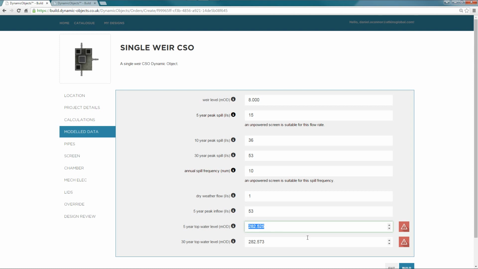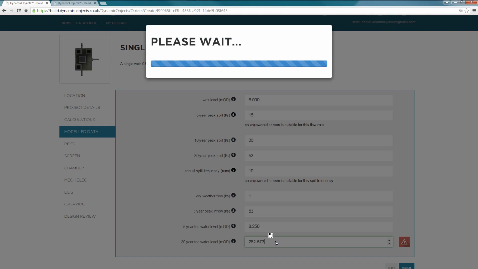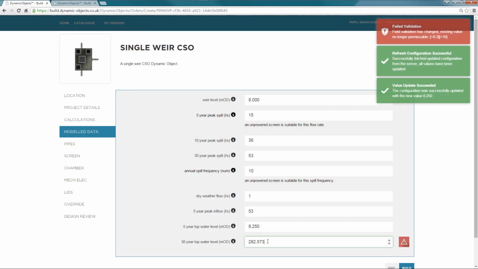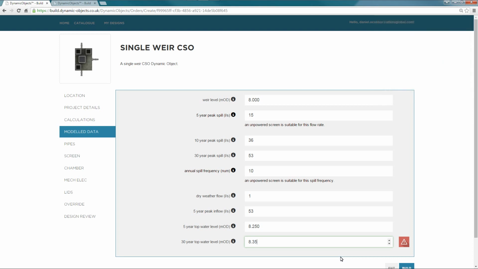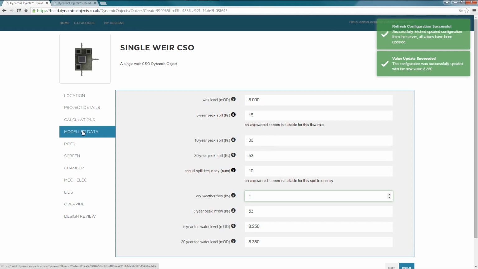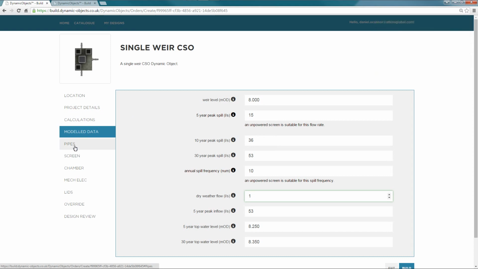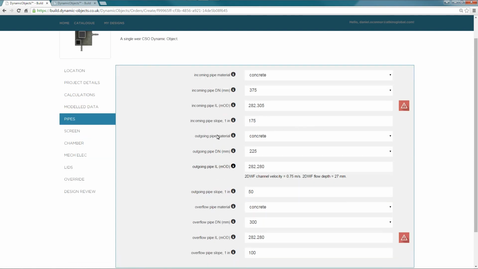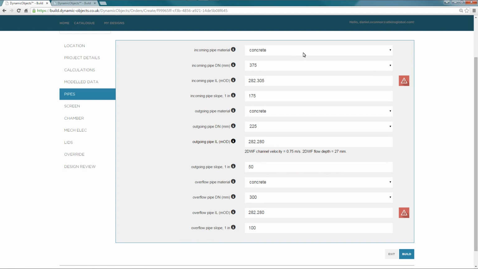Let's pretend that it comes up a little higher than the weir by a quarter of a metre, and again the 30 year might be a little bit higher again, and that's us. So this model data will come from your hydraulic model, and you'll need that to produce a meaningful design. So moving on to the pipes, this is where we get into stuff that's more familiar to